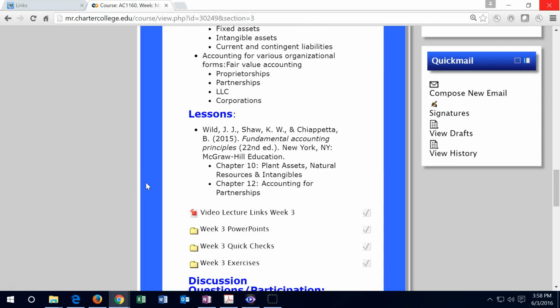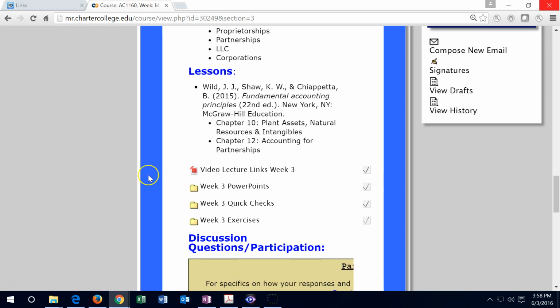Within week 3, we had covered chapter 10 and chapter 12, concentrating most of our time on chapter 10. Chapter 10 covering property, plant, and equipment, otherwise known as fixed assets, both terms for basically the same thing. Fixed assets being those assets that will then be depreciated over time, so we had to figure out how to calculate depreciation. Different ways include the straight line method, double declining method, units of production method, and it's good to